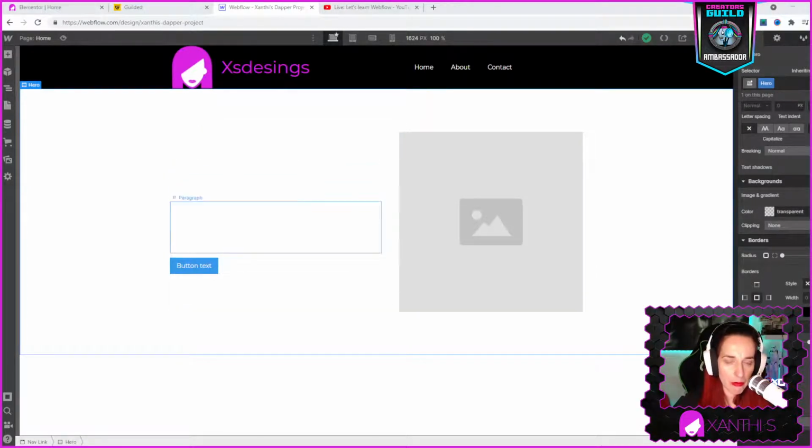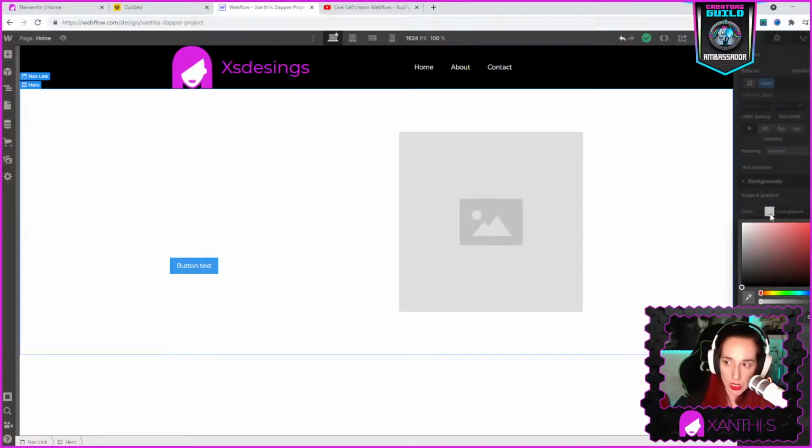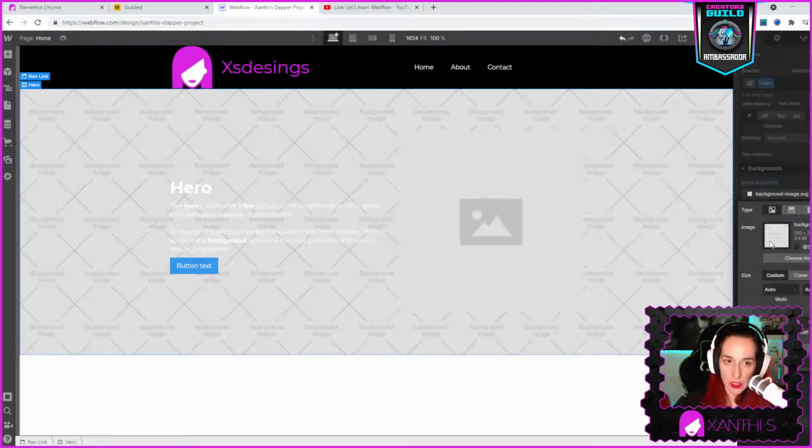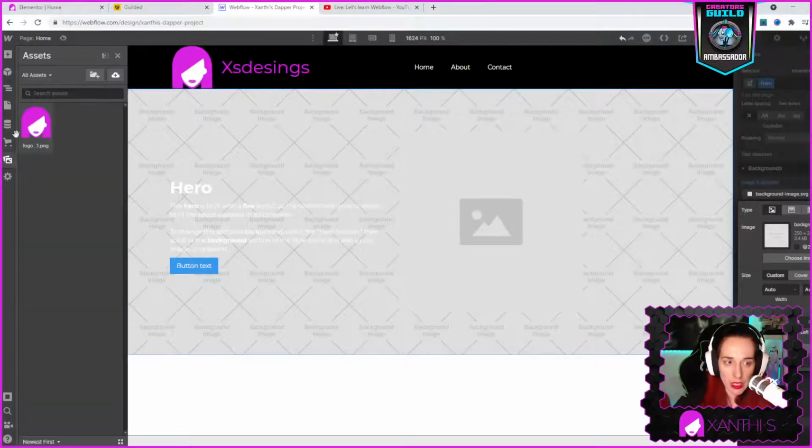So, okay, we have here, I don't want those things, but maybe I can keep that because I have my images here, but I want the background for the hero image. So here, it's easy. Background, color, image. Nope, I want an image. So, okay, I'm going to go to my assets here and I'm going to find my background.